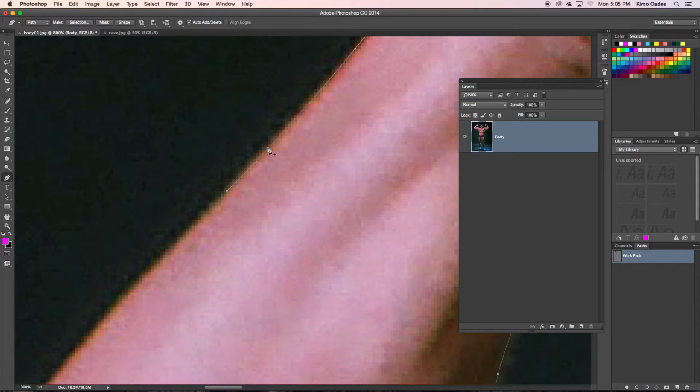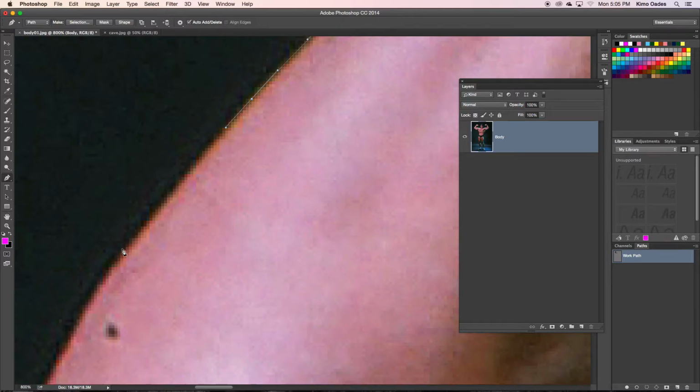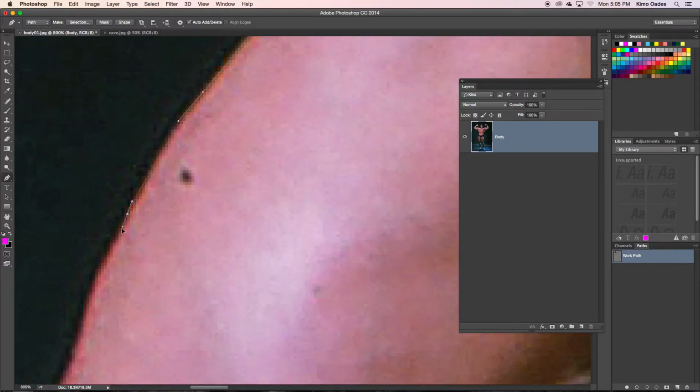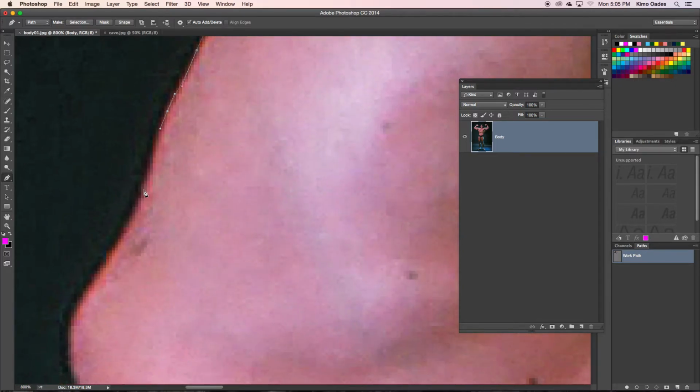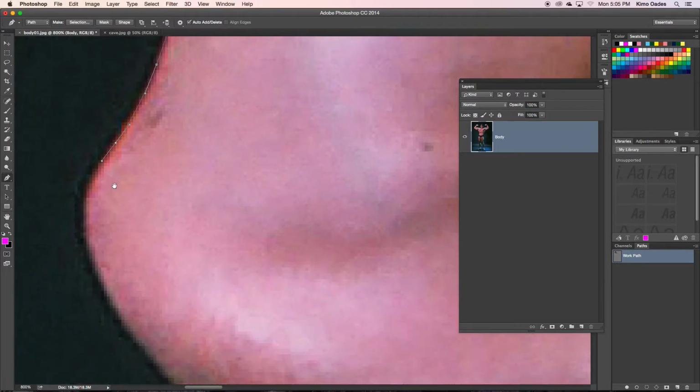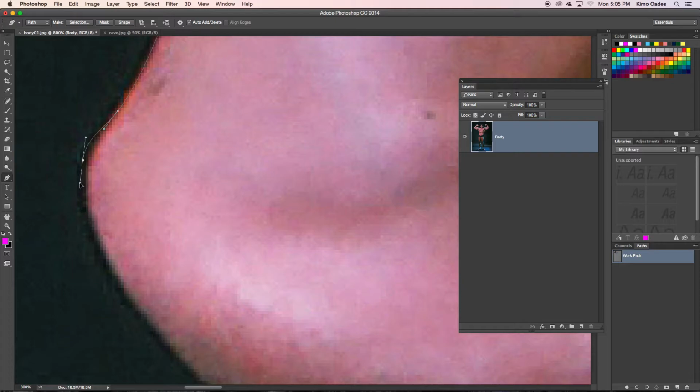Okay, you want to click on the path to add an anchor point. So it's going to be kind of a strange experience if you've never used this tool before, and you really have to know the keyboard commands to be able to work fairly speedily on here: how to move the canvas around, zoom because you're zoomed in so far, how to use the command key to change into the